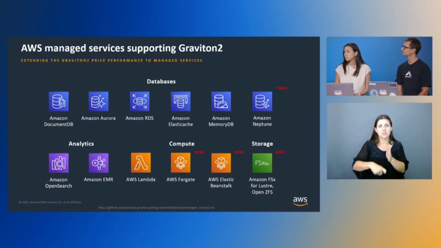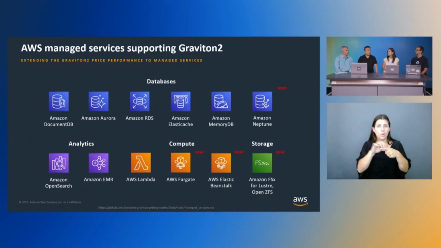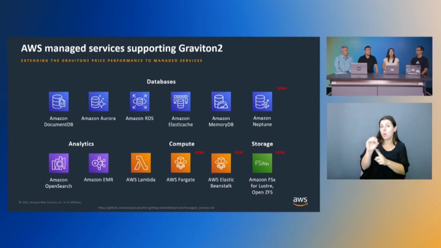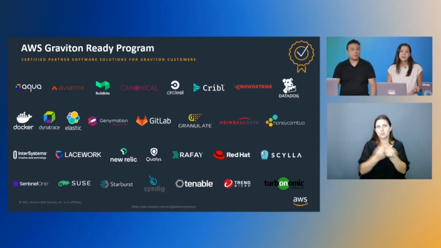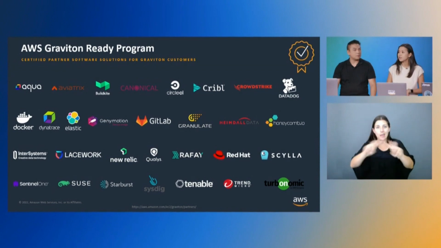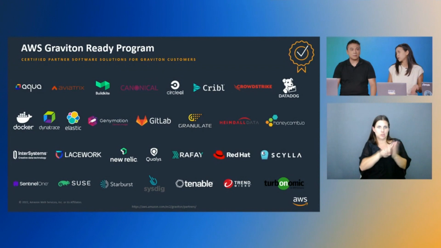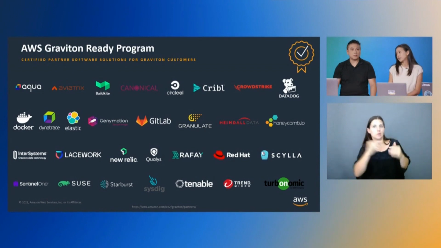And what are we doing in the partner ecosystem, or with our partners, to make them ready for Graviton? Yeah, the software ecosystem is another important aspect. So I want to highlight the Graviton Ready program, which features partner software solutions that support Graviton, including operating systems, platform services, security, monitoring, data and analytics. So these are partners that are running quality assurance on their software and providing support for their solutions on AWS Graviton to help ensure that customers can have a consistent experience, whether they're running on Graviton or another instance.